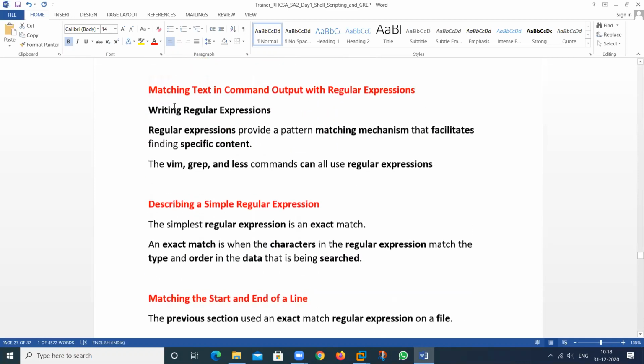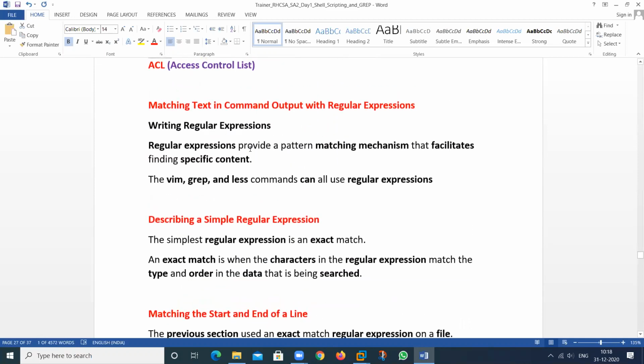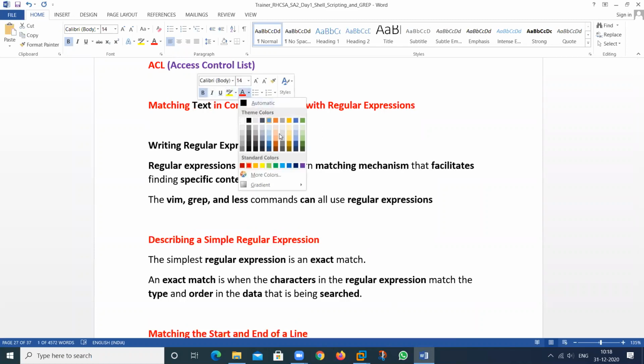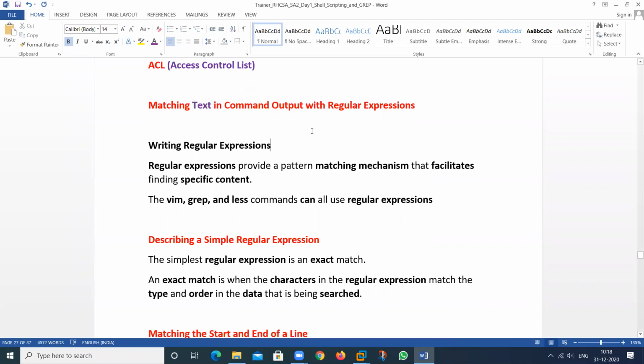So what is grep? It's used to match a string from a file. It is used to search any type of text from the file and print the output of that particular string. It's also known as regular expressions.